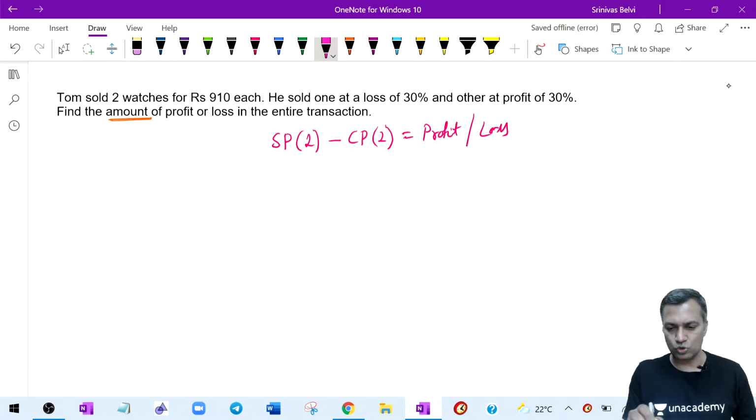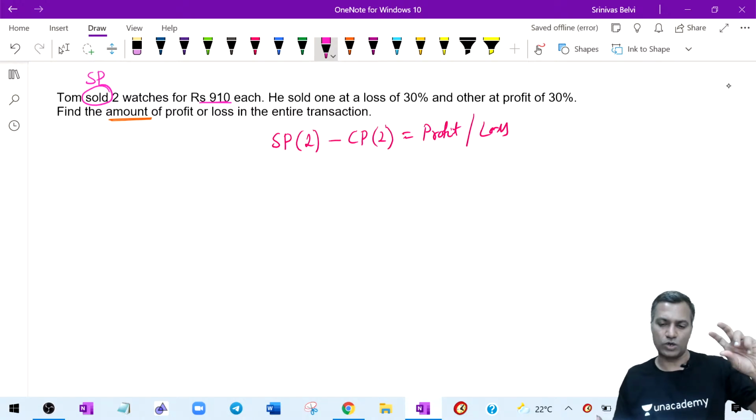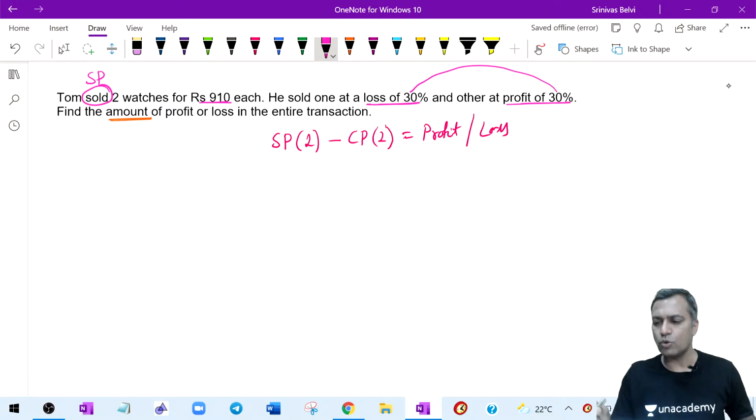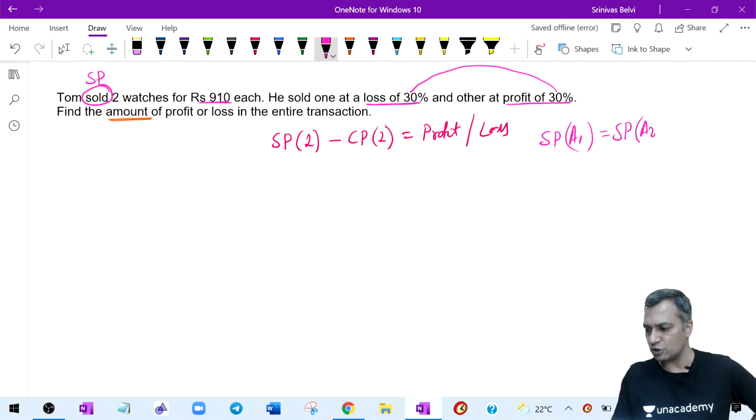Tom sold two watches for 920, the selling price is given. First watch he sold at 910, second watch also he sold at 910. One watch he sold at a loss of 30%, which means the cost prices of both watches are different, and the other watch he sold at 30% profit. Most of you would know this proposition: if the selling price of article 1 is equal to the selling price of article 2, and one article was sold at X% profit and the other at the same X% loss,